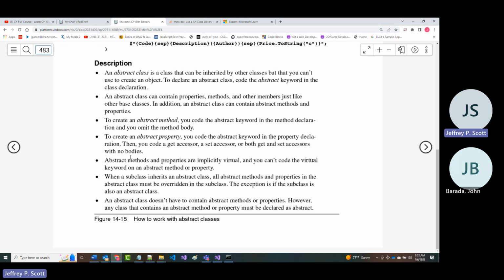Abstract methods and properties, as it said, are implicitly virtual, so you don't use the word virtual in there. When a subclass inherits an abstract class, anything that's defined up above in the parent as being abstract must be overridden in the subclass.